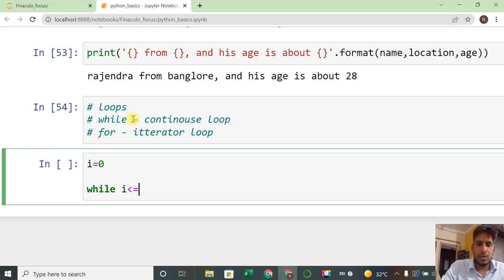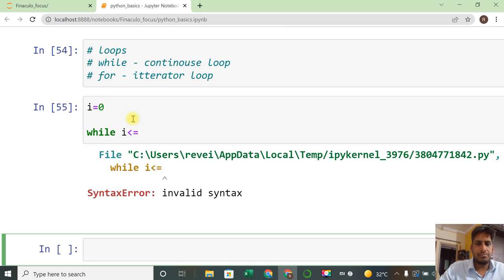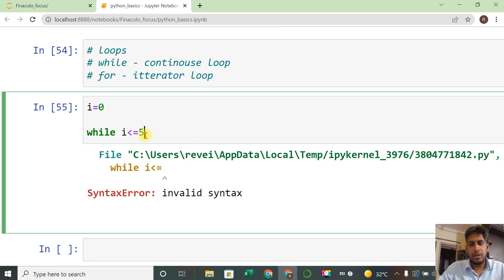And just like an if statement, loops also end with a colon. Then only it will execute, otherwise it will give an error if you do not put any colon.